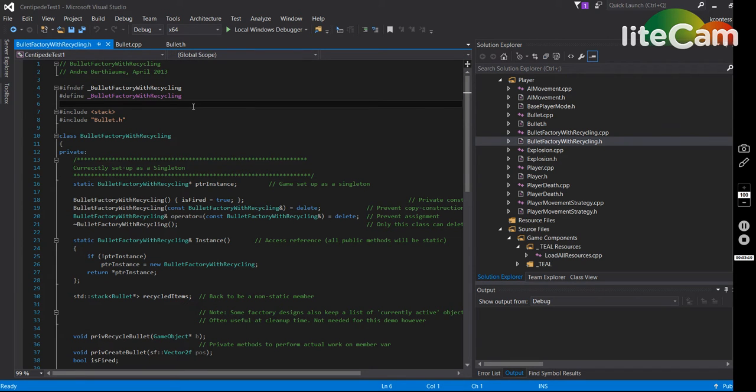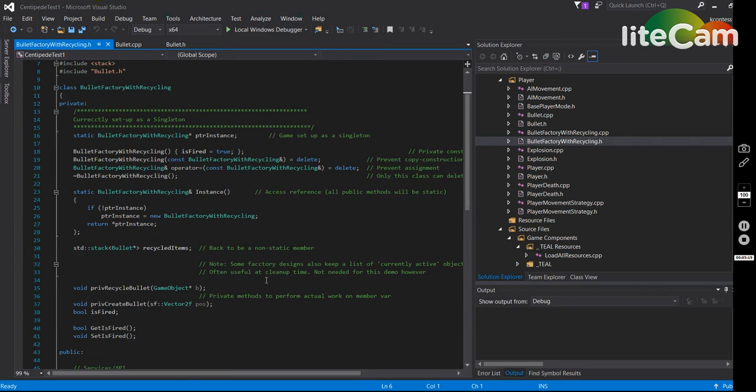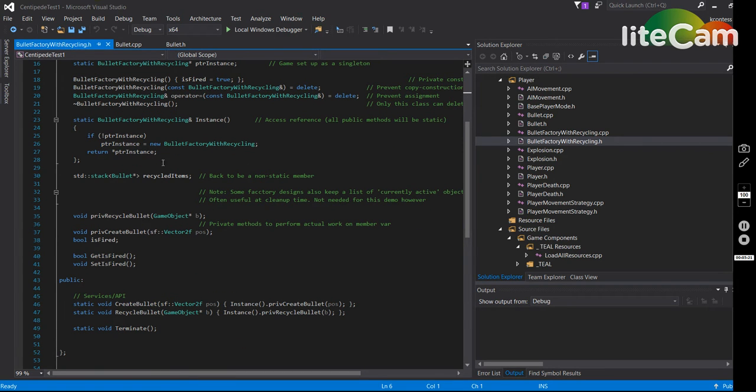So this bullet factory, it is set up like a singleton, so there's only one that exists. I have everything a basic singleton has. I have the recycled items. It privately creates, recycles and creates a bullet. I made a boolean, which obviously is for shooting only one bullet while on screen. I had to have a function that's get is fired and set is fired, and then my public functions are create bullet and recycle bullet. So we'll go into the CPP,